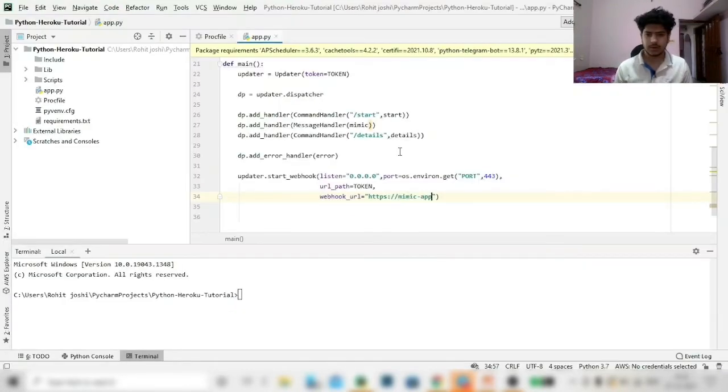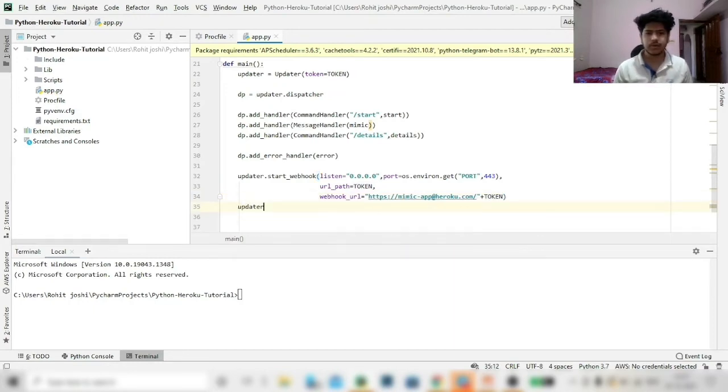So your app name dot herokuapp.com, this is your webhook URL. After this there is a slash, and then you need to pass your token. This is the URL, and after this your webhook will start.